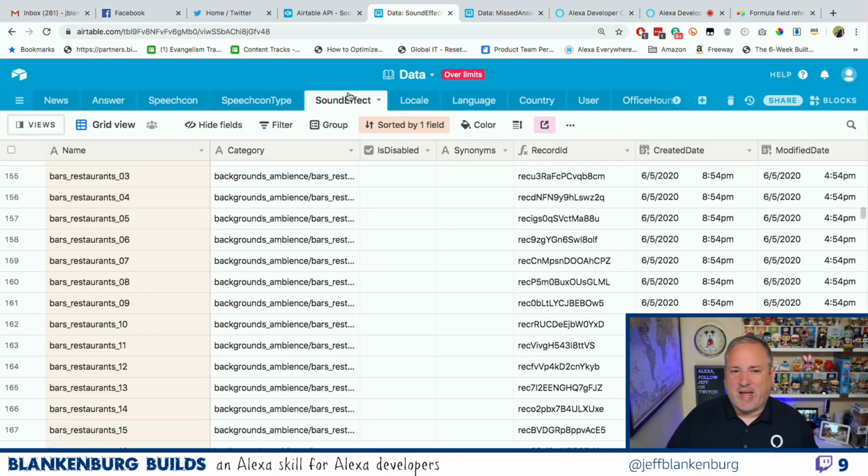One of the thoughts I had on solving this was, well, I'll just number the rows. I'll just number them 1 to 1,000 or 1 to 1,006 or whatever. And then for my app, I'll just generate a random number from 1 to 1,006. The problem is, on my application side, I don't know how many records are in this table, especially if it's going to change. And so then I have to make a call with a count, like, oh, there's 1,006 records. Okay, cool. And then I could make a second call.